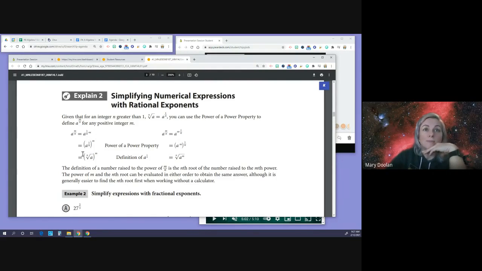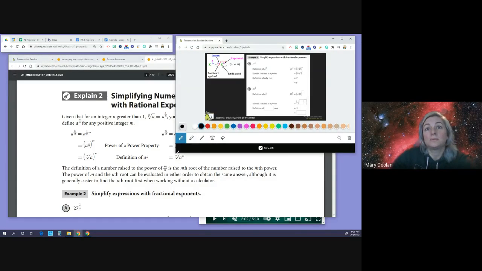So you can kind of derive this formula that I am sharing with you in the Pear Deck from breaking apart m over n as 1 over n times m, and then using the rule we have for a to the 1 over n power to rewrite it as the nth root of a, and that's all raised to the m power. Now if you break it up the other way, where you have a to the m power and 1 over n out here, then a to the m power becomes the entire radicand for the nth root. So you can write it either way. Either way is correct. And I do want to add that to your